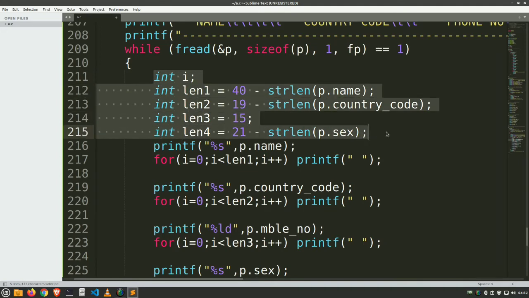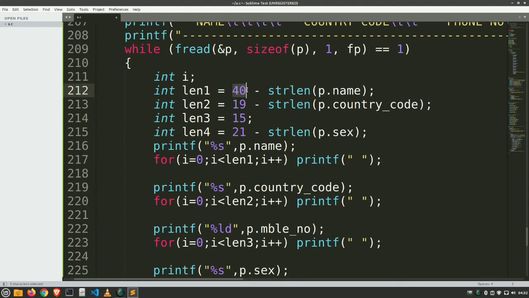Here we are declaring some variables. We are declaring length 1. Length 1 tells us about our name variable: we are considering 35 characters, but we are including space. We want it to be limited to 40 characters. So we are subtracting 40 minus the length of p name.